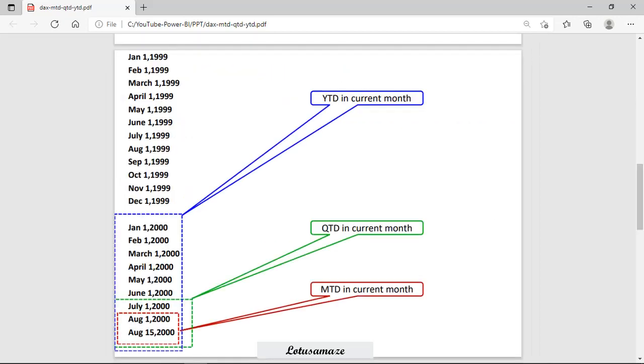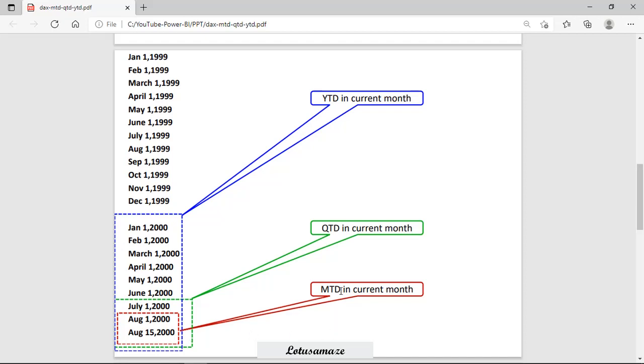What exactly are DATESMTD, DATESQTD and DATESYTD? We can check with this diagram. We have the data for 2 years, in the first year from January 1st 1999 and up to August 15, 2000. Now, suppose we apply the MTD.